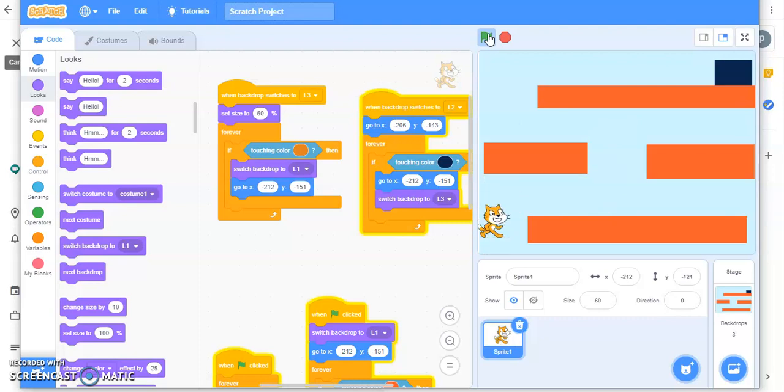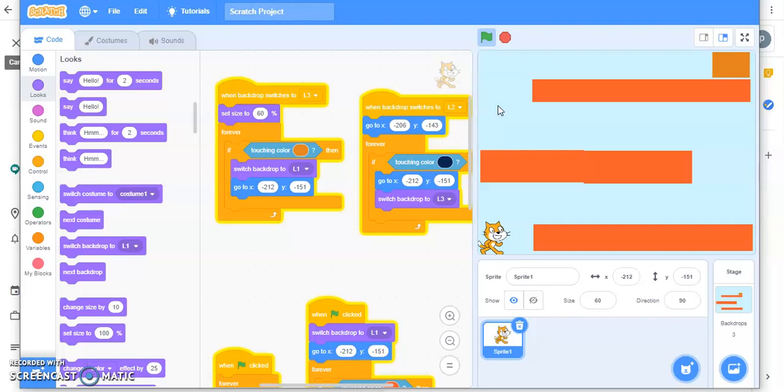It's difficult for me to clear this level too. Okay, let me clear my level first. Now I'm switching to level 3, and have you seen the change in the size? It has been increased a little bit. See, it is also showing over here.